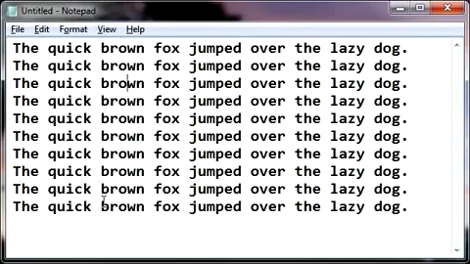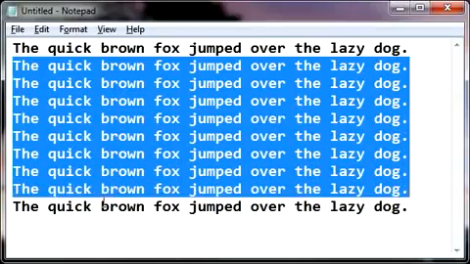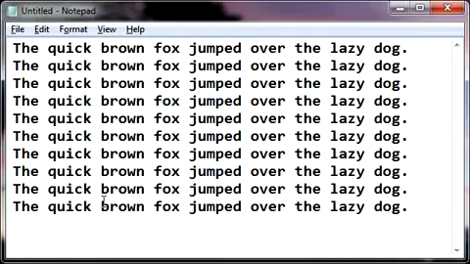Now, for what I did in the beginning here, I'm going to show you that I'm going to delete it and then just do the same thing I did in the beginning of the video. So I can do this one of two ways. I can hold Shift and then End, down, down, down, or if I wanted to make it easier, Control